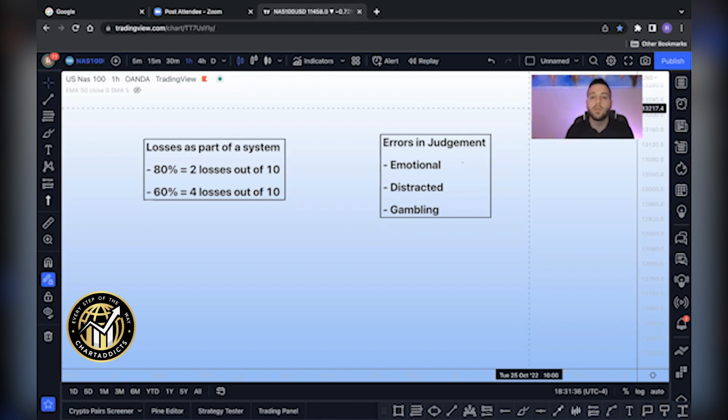If you realize that most of your losses are coming because of an error of judgment, it's important to identify which one of these categories, whether it's emotional, distracted, or gambling, you fit under, and to understand your motivations for making those trading errors. If you're making consistent errors over and over again, then you have a pattern, and you should identify the main cause or the trigger of that pattern so you can start to work against it and you can start to reclaim control over your trading. So very important to make sure you have a plan, you're staying disciplined, and you're trading a disciplined plan consistently over time.